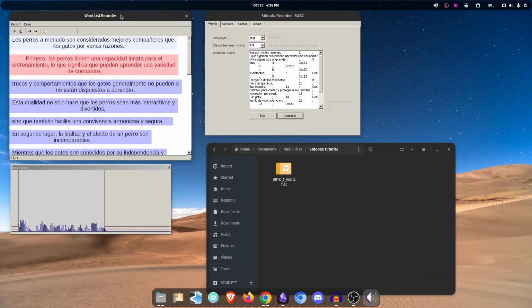Now, when you're ready to record, press space or this little red dot. What happens now is that the program is listening for when you start speaking to actually start saving the audio. You can tell because the waveform is moving, and whenever you finish, it'll save the file to the folder you specified. This is why I recommend having it open during recording. You're able to see it working and can listen back to your files without going anywhere.